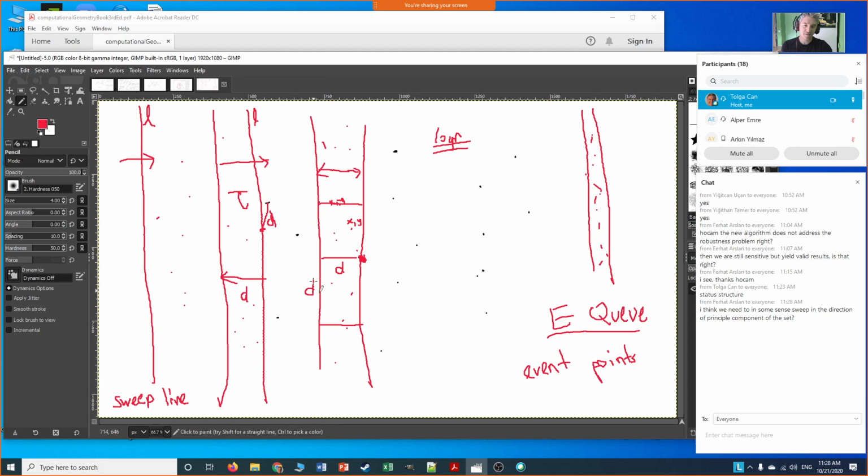So look at this. This is the new point here, okay? This is the new point. Do I really need to test this new point against all of the points? No, right? I mean, look at this distance D. If the distance in the Y direction is also larger than D, a point outside this region cannot be a candidate